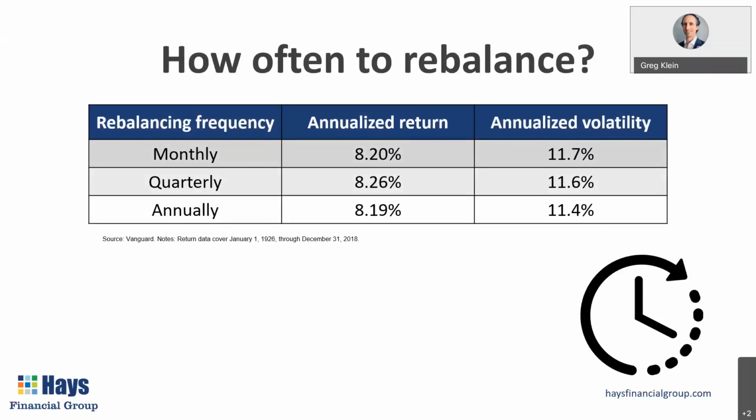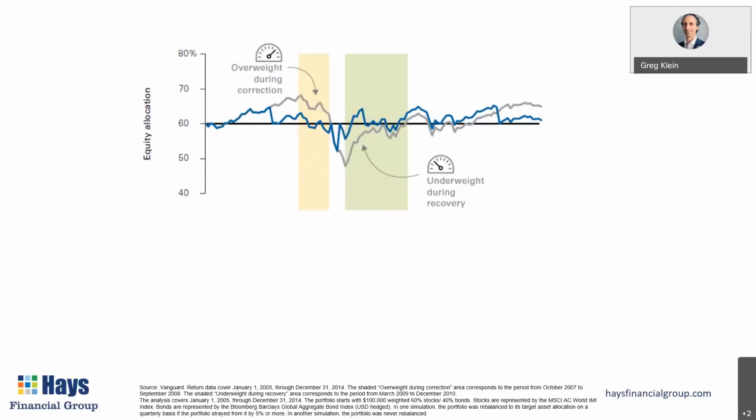So the idea is just to do it. Don't worry about it. If you want to do it every quarter, that's fine. If you want to do it just once a year, that's fine. Even every couple of years, the idea is just to do it. This person that rebalances every month, I mean, that's a lot of work. If you're doing it on your own, you might be able to set it up on your 401k or 403b to be done automatically. If you like to do it every month, not a problem. Just do it. Do that rebalancing either on your own or set it up to be done automatically.